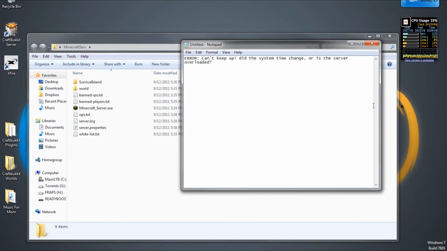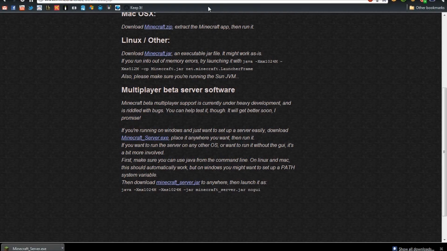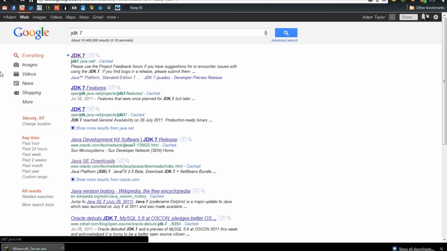Oh, I need to address one more issue. Actually, no, that's it. If you're getting some sort of like huge Java exceptions, then most likely you don't have the newest version of the Java JDK. So just Google JDK 7 and you'll be taken to